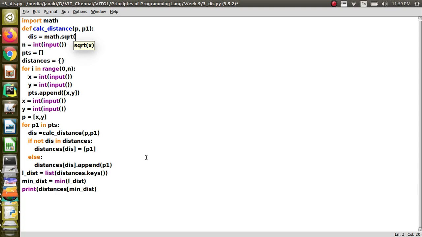And what does it say? Square root of x1, where x1 is p of 0, x2 is p1 of 0.